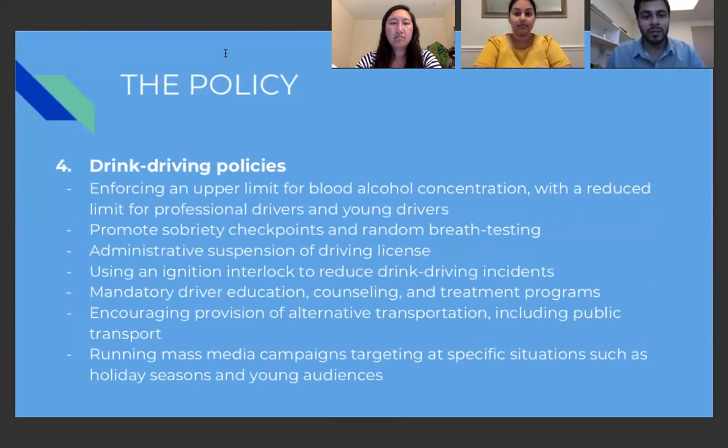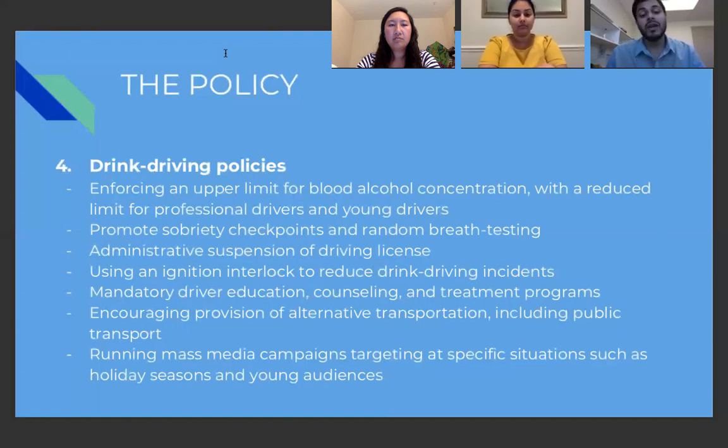Number 4, drunk driving policies. So enforcing an upper limit for blood alcohol concentration with a reduced limit for professional drivers and novice drivers, promoting sobriety checkpoints and random breath testing, administrative suspension of driving license in people who are caught drinking